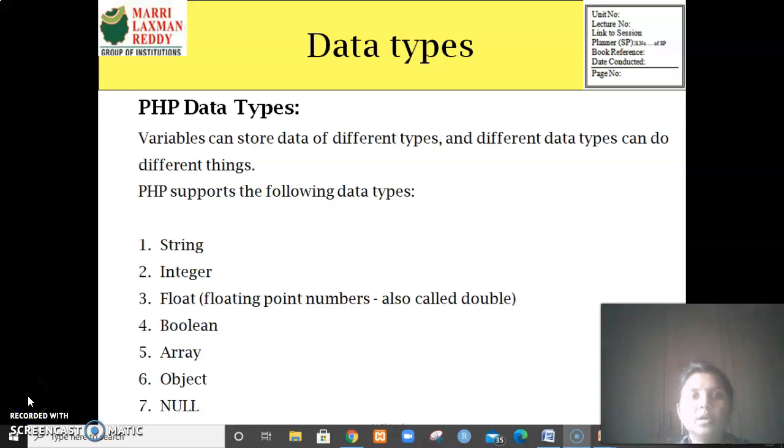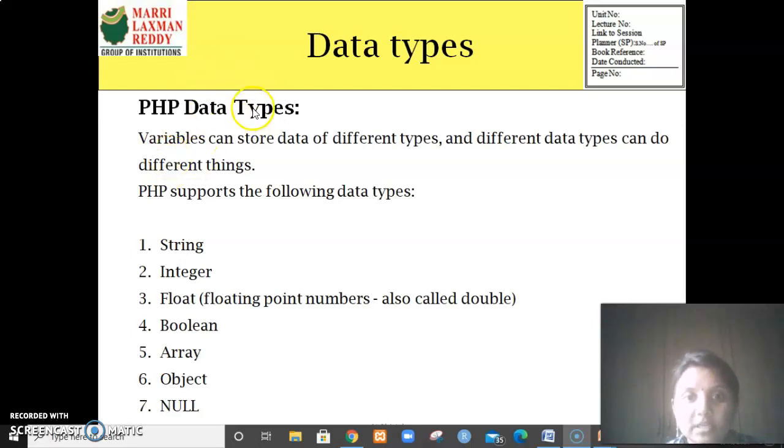Hello everyone. Today we are going to see what are the data types we have in PHP, how PHP supports the data types implicitly. In PHP, we need not specify the data type explicitly, because once you assign the values to the variable, it directly understands what type of variables are assigned implicitly. So we call PHP a loosely typed language.